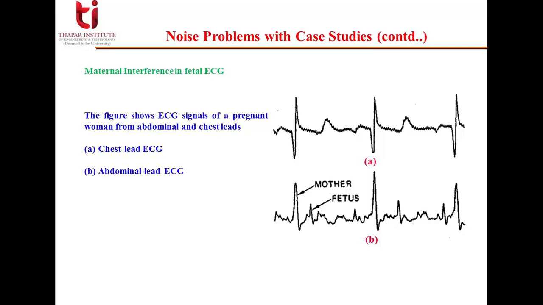Now here, if we are more interested in the mother's health, we only need the mother's ECG. But if we are interested in fetus health or fetus ECG, then the mother's ECG, which is riding on the same signal, is the noise. Similarly, as I mentioned, if you want the mother's ECG, then the fetus is the noise. So we should be clear about which signal we want and which signal is contributing to the noise. Now this was all in this lecture.